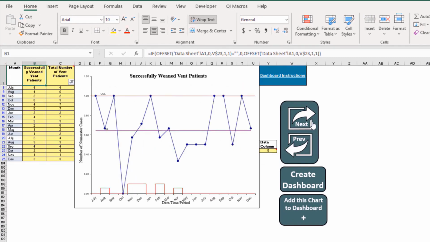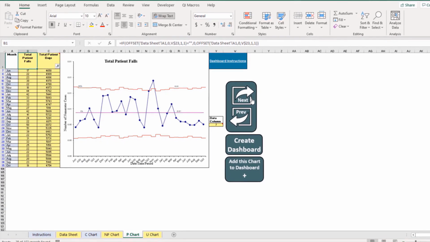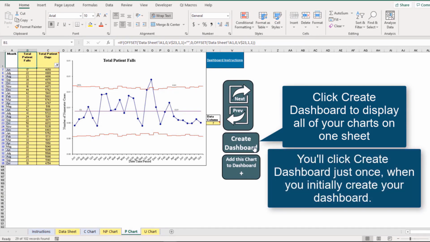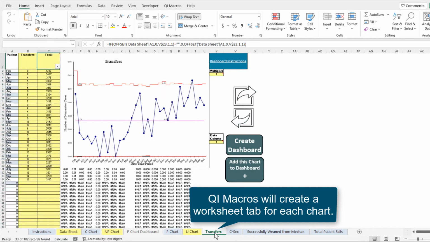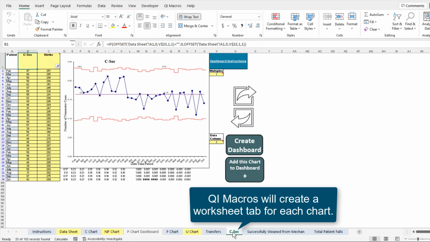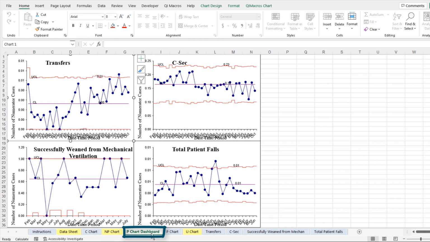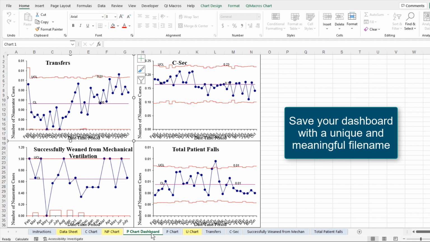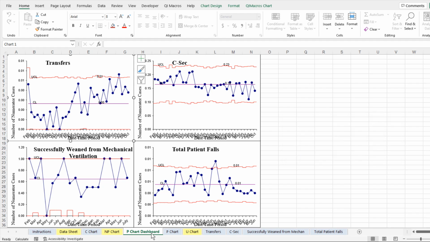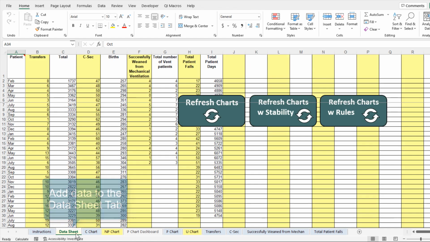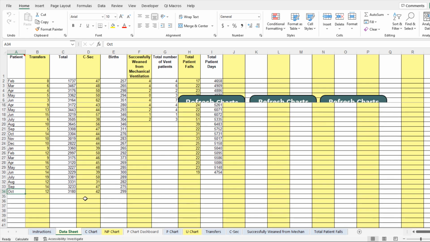When you'd like to view your charts together on one worksheet, click the Create Dashboard button. You'll only click this button one time, the first time you create your dashboard. QI Macros will create an individual worksheet tab for each of your charts, and a dashboard displaying all of your charts on one worksheet. Be sure to save your dashboard with a unique and meaningful file name so that you can continue adding data in the future. When you're ready to add data, go back to the data sheet, paste or type your new data into the cells,